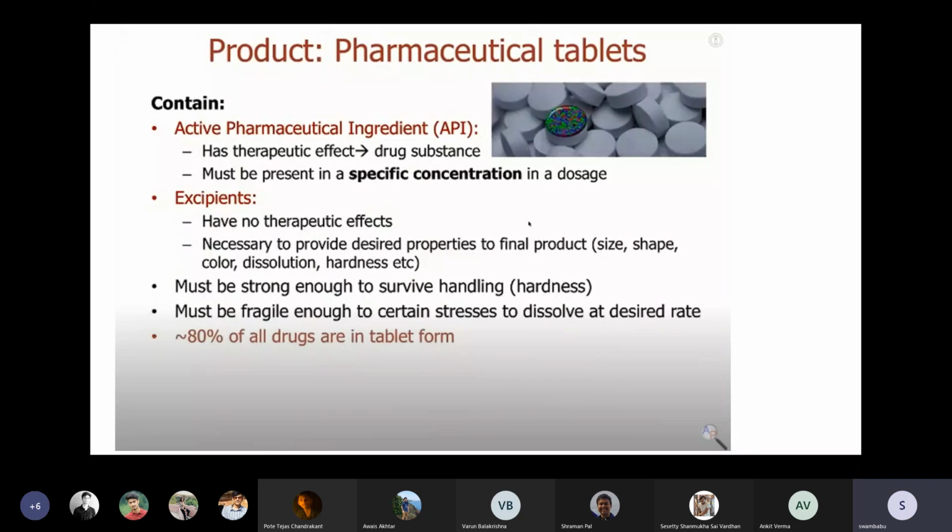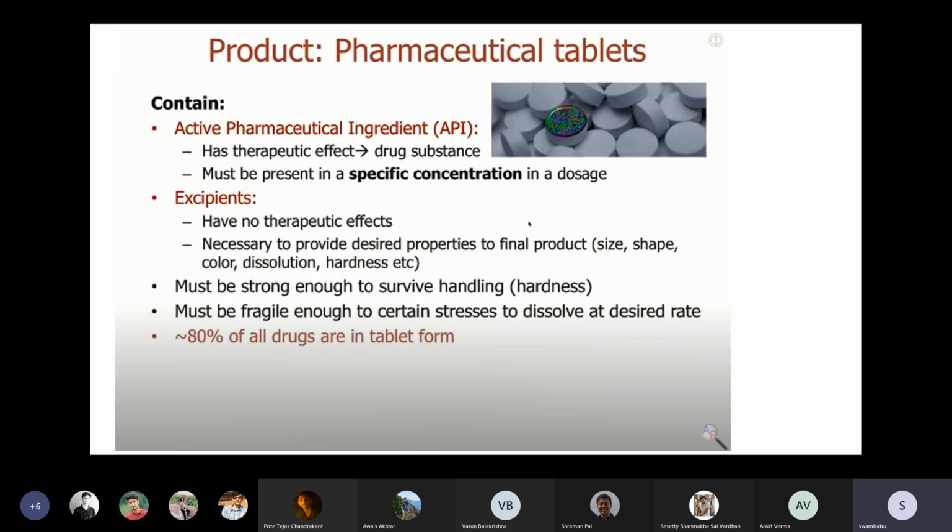They're necessary to provide desired properties like size, shape, color, resolution, and hardness, etc. The active pharmaceutical ingredients often don't have mechanical strength upon drying, and it's also always in very, very small quantities, and you cannot convert them into a crystal of a specific shape or whatever. To give a specific size, specific shape, specific color, specific strength, specific dissolution characteristics, they mix this active pharmaceutical ingredient